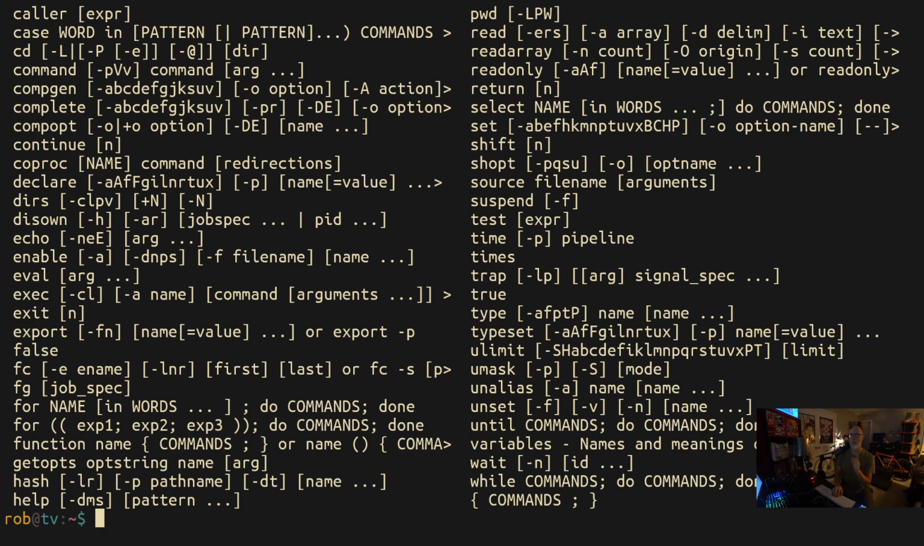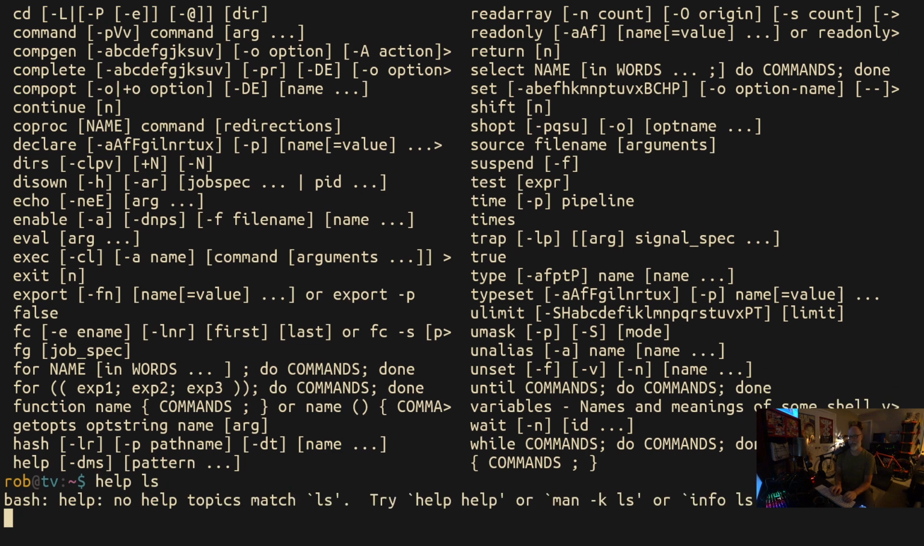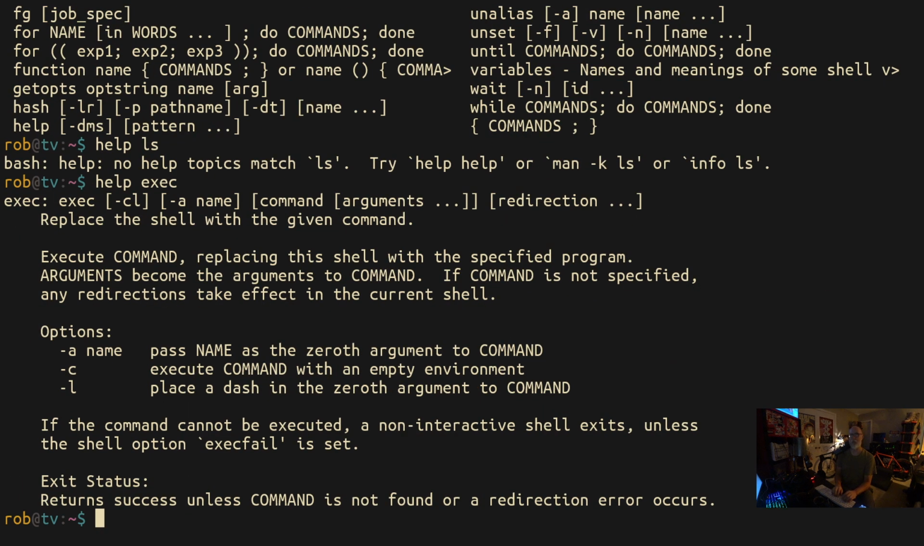By the way, the help comes from bash. The help is specifically for the bash command. So if you type help ls, it'll be like, oh, I don't know what that is. If you type help exec, it'll show you that section of the bash man page. So if you type man bash,